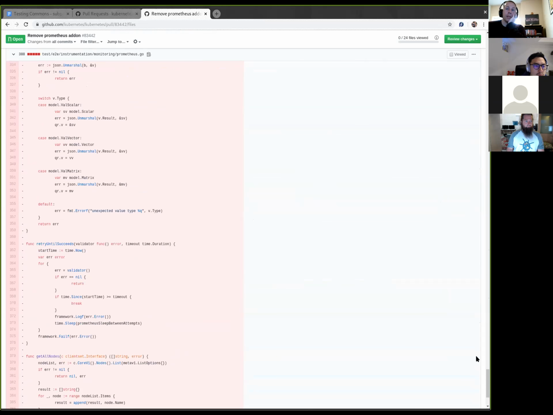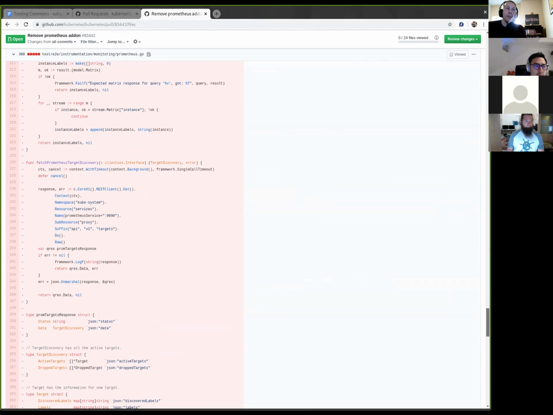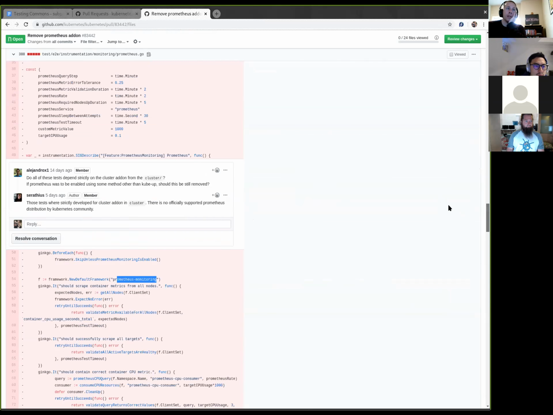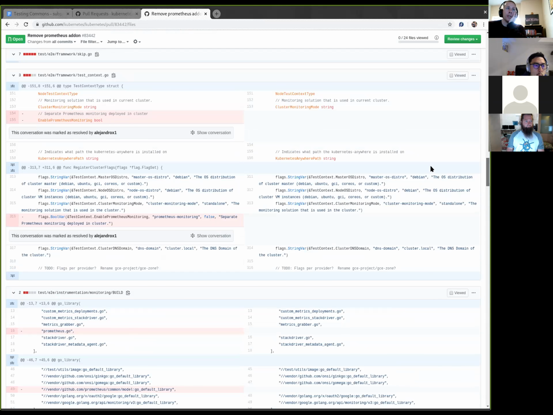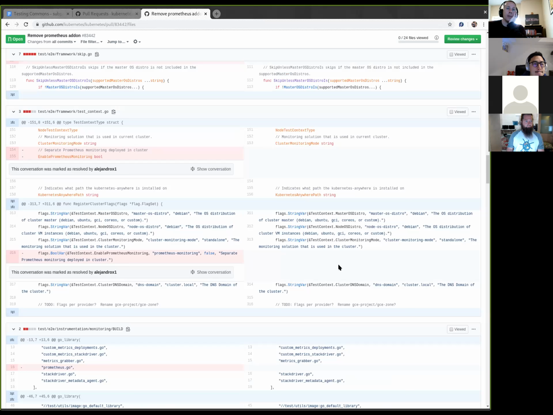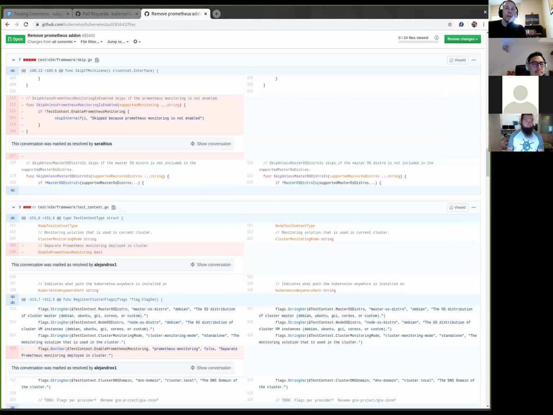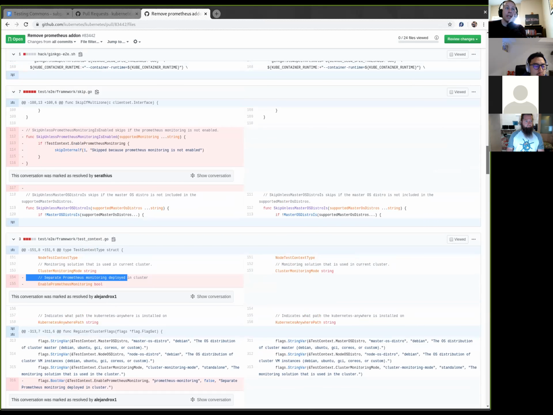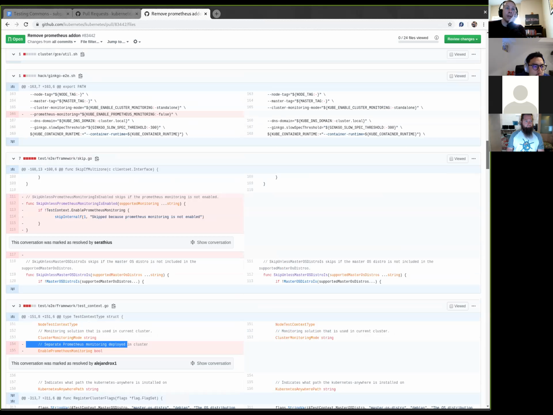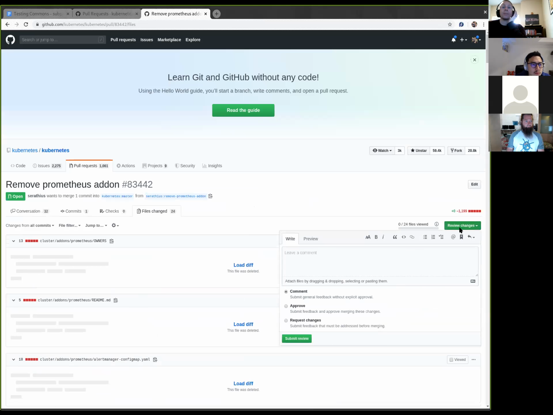I'm cool with this. I don't see anything else in the framework. Let's go back here. That's the test suite. And this is basically, okay, yeah, I'm totally cool with it. So all they're doing is the knobs to enable the deployment or the testing of it based on the deployment.